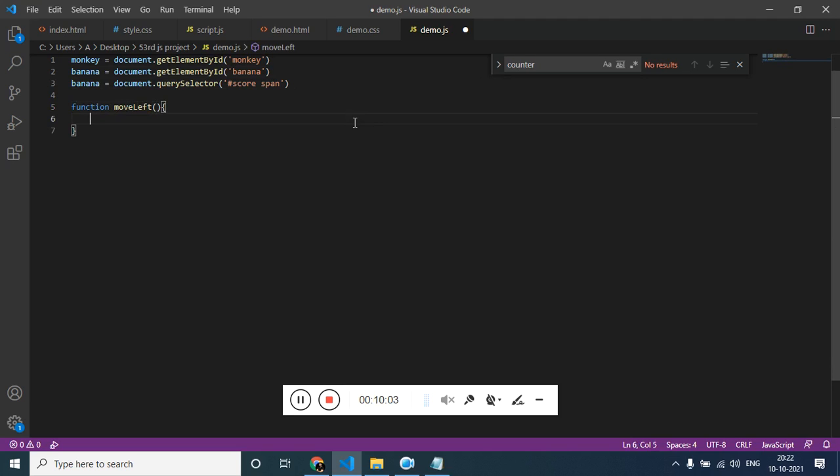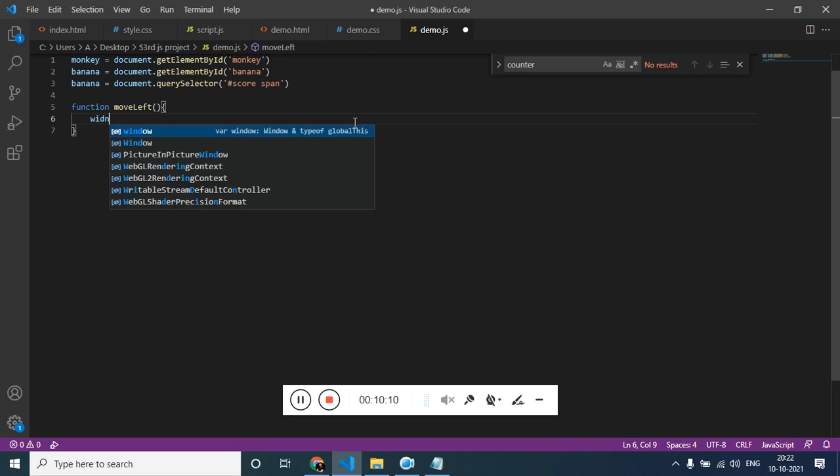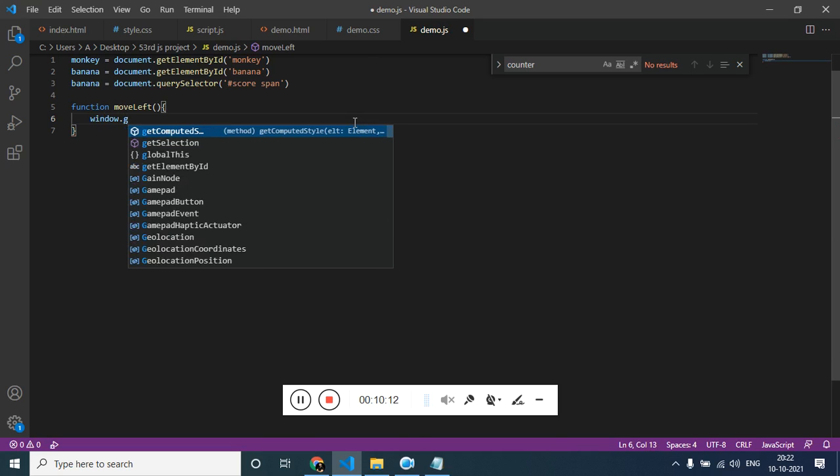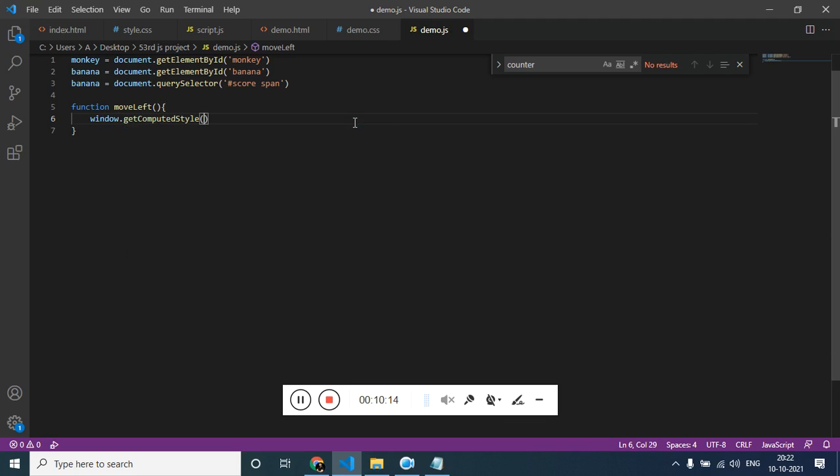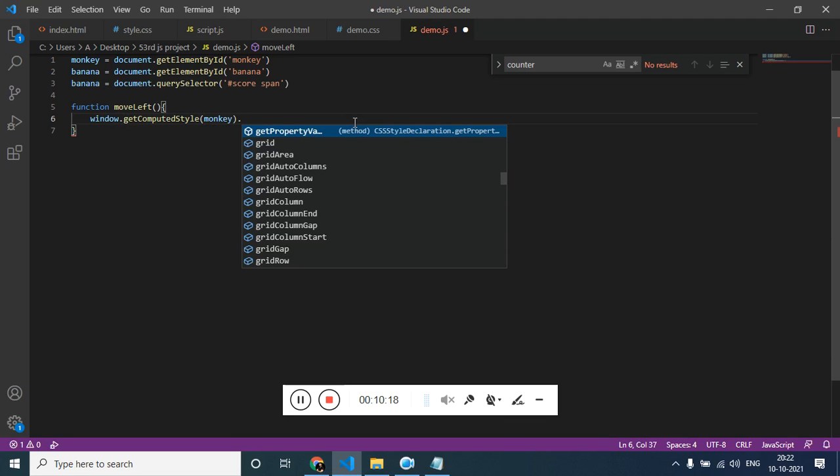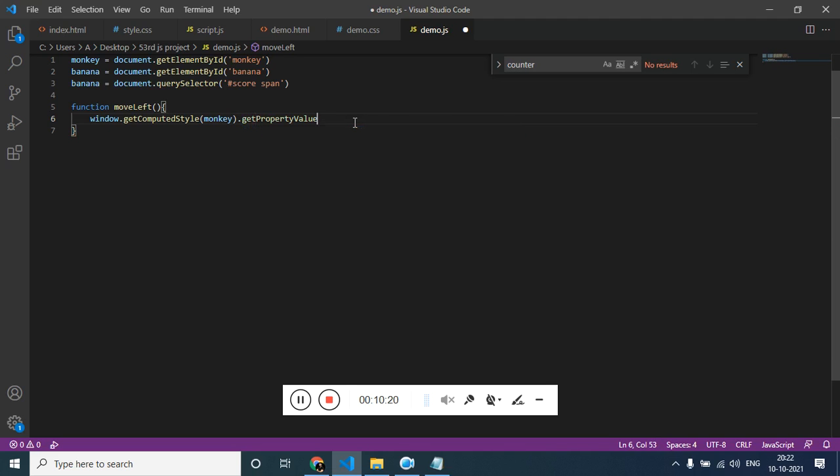what it should do is get the position of the monkey. So to get the position of the monkey, window.getComputedStyle and pass the element, which is monkey in our case, and for that element we want the left position.